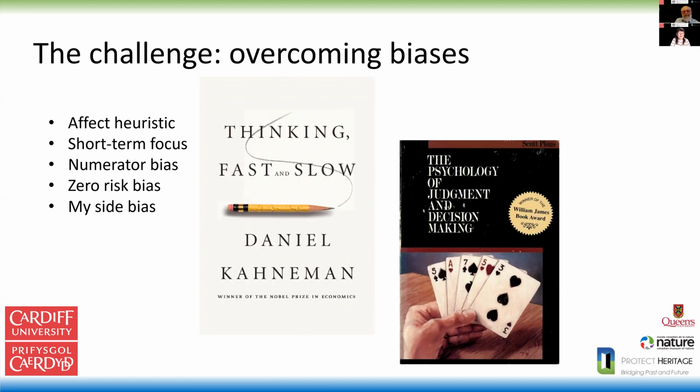We're going to organize this talk by discussing a challenge in terms of various biases that tend to arise when we use automated heuristic thinking. All human minds tend to default to using heuristics, that is, simple rules of thumb for thinking. Our judgments based on heuristics can be excellent in some situations, but biased and rationally suboptimal in other situations. Examples we wish to discuss in this presentation include the effect heuristic, short-term focus, numerator bias, zero risk bias, and